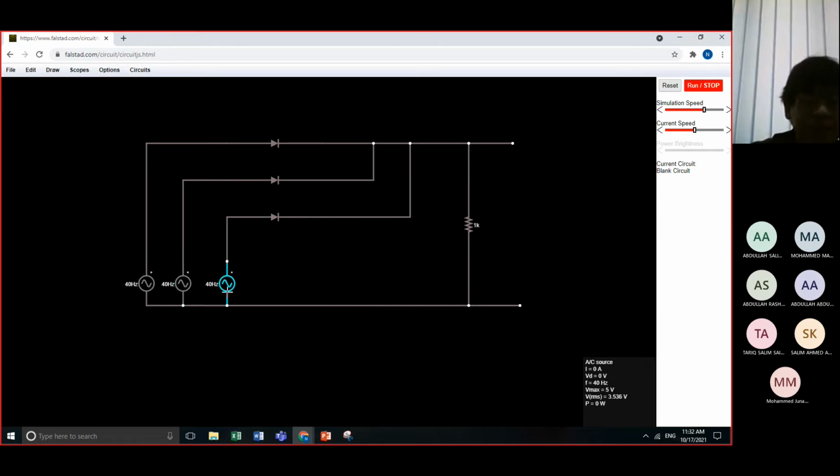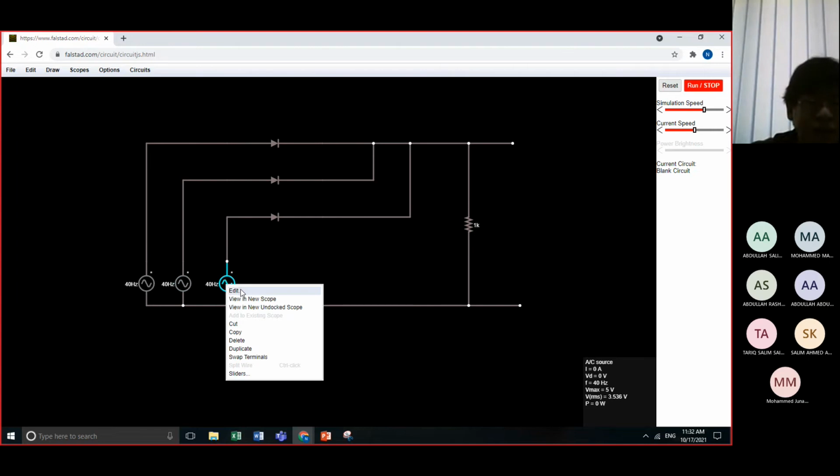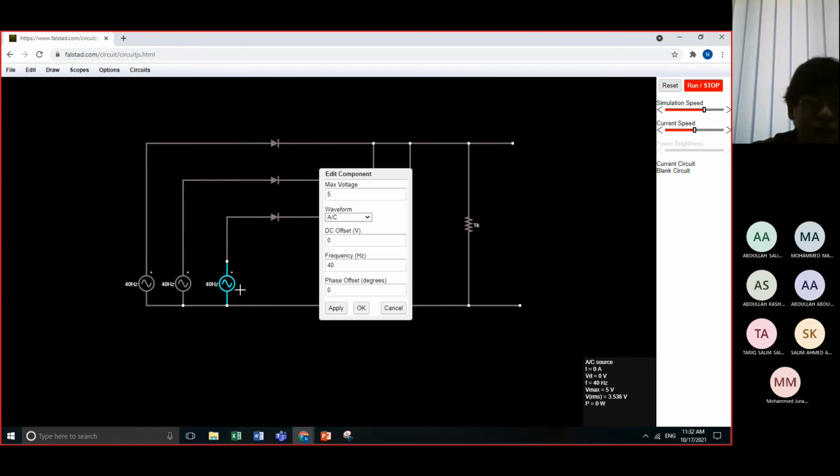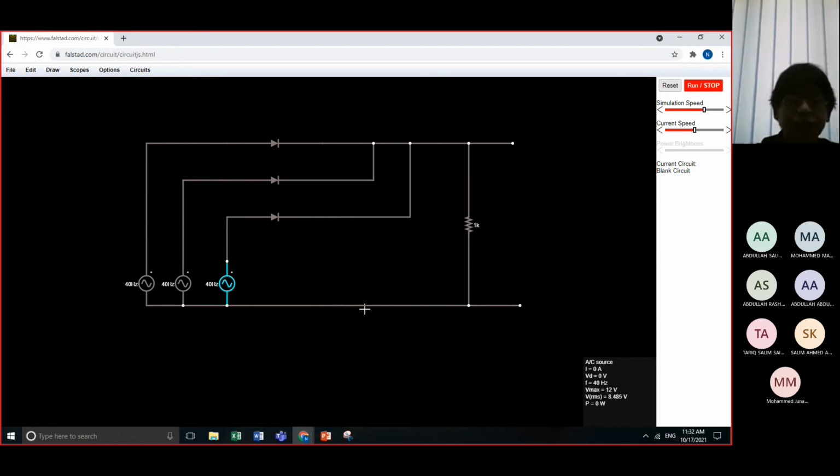Okay, and then all of you are with the same frequency but not the same phase. Okay, here 12 volts, and then 40, and then my phase here should be 240. Okay, then click OK.